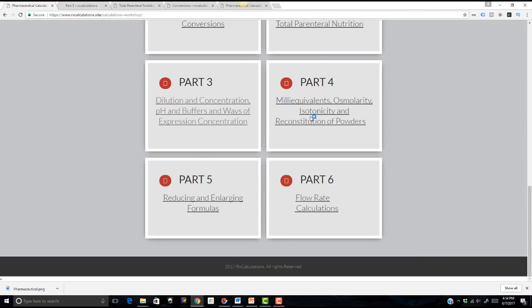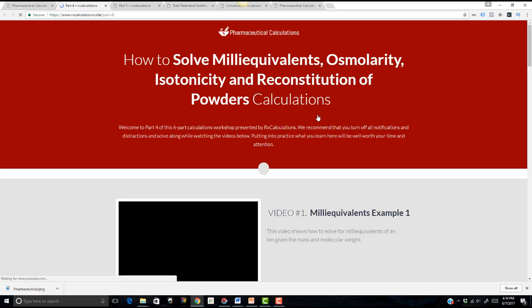For part 4, it covers milliequivalence, osmolarity, isotonicity, and reconstitution of powders. Part 4 has a total of 10 questions. Okay, because those are the topics that fall under that category based on the NAPLEX blueprint,